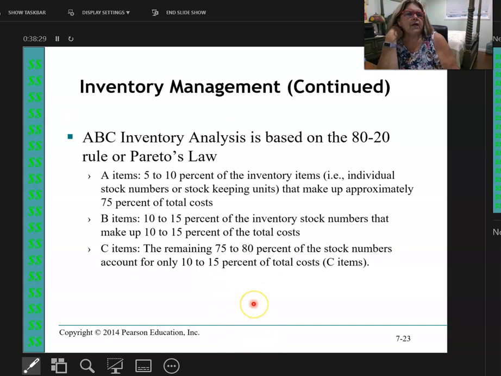Now there's a couple other things when it comes to inventory management. One of them is called the ABC inventory analysis. It's based on the 80-20 rule, or Pareto's, how do you pronounce it? I forgot. Don't worry about it. The 80-20 rule. So what I do is I've got items by category A, B, and C. My A items,